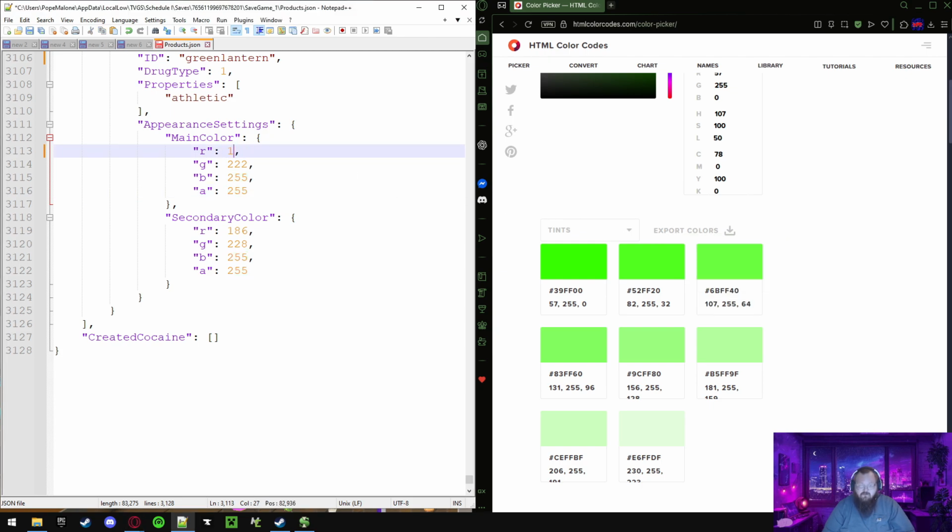So R is gonna be 107. G we will change to 255. I think I accidentally pressed numpad, so it wasn't working there for a second. And then B will be 64. Now if we save that,